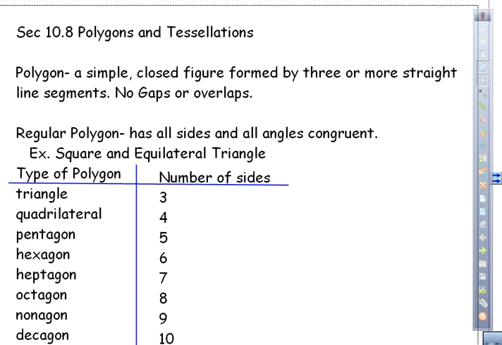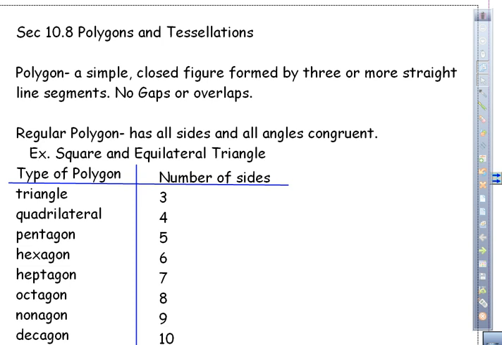That is a polygon. A regular polygon has all sides and all angles congruent. Okay, for example, a square has all sides and angles being congruent. An equilateral triangle also has all sides and angles that are congruent. Those are regular polygons. A polygon in general, again, is a closed figure made up of line segments. Got to have three or more, and they have to be straight to be included in that, with no gaps